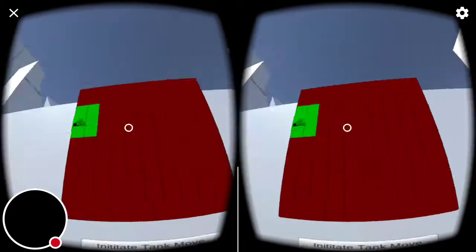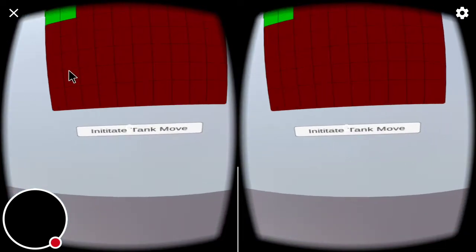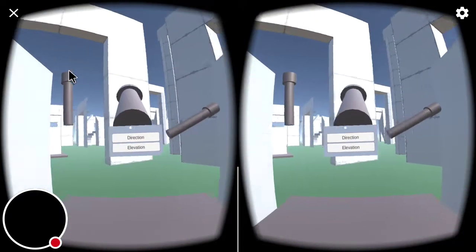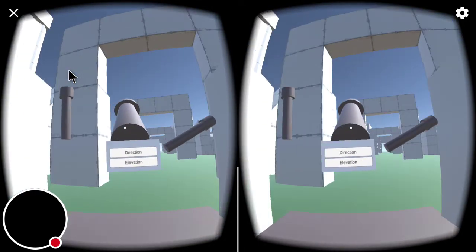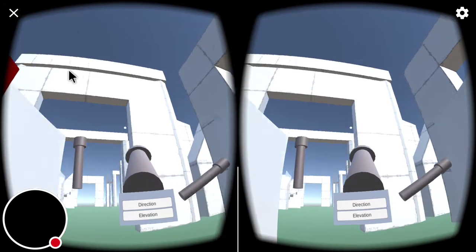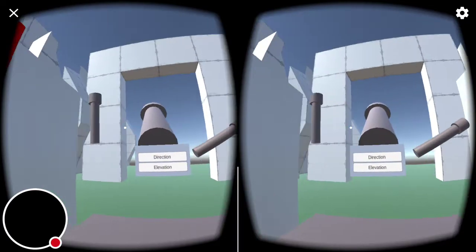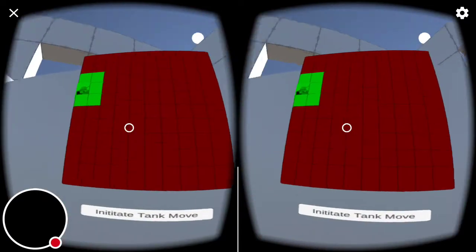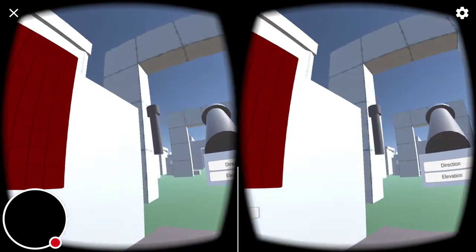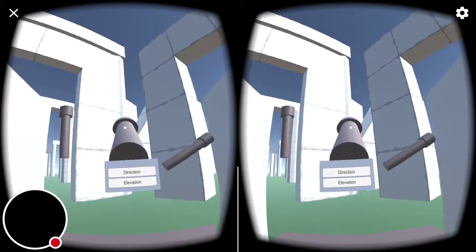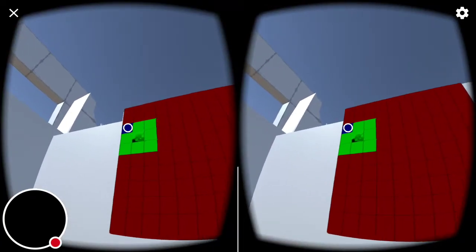So say that I decide to go to this tile on my right here. Click on it. And then hit the initial. And there we go. And then you see the UI is updated there, and then you can see these other